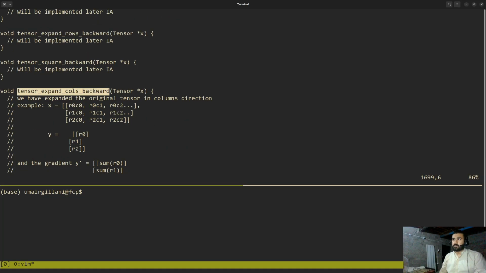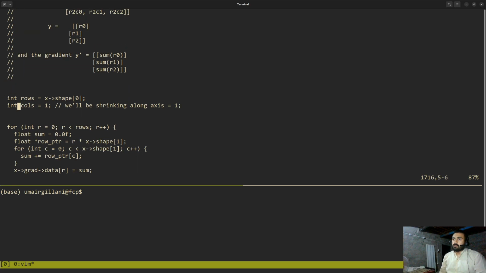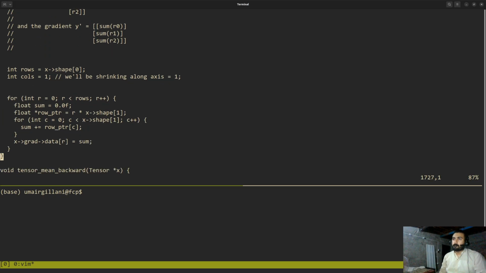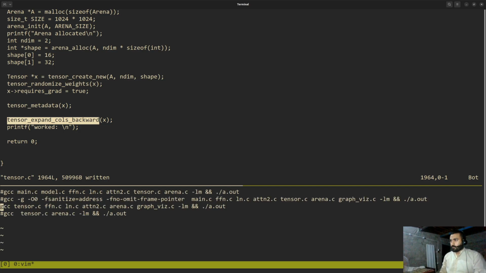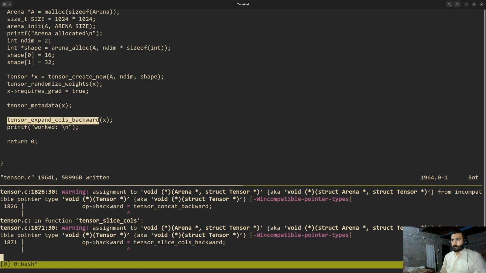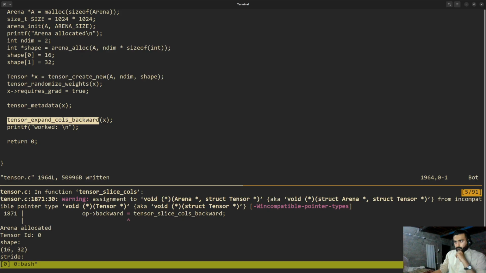and what this does basically, yeah, so this basically sums over the row pointer and sums over the row pointer and columns equals 1, and apparently it looks fine, but let's just try to run and see. So we have vim run, and yeah, let's see what happens. So seg fault, segmentation fault,